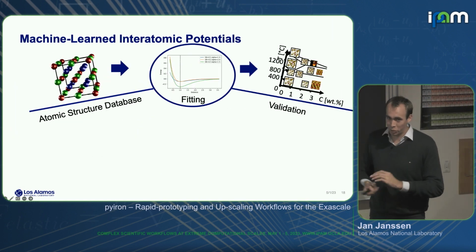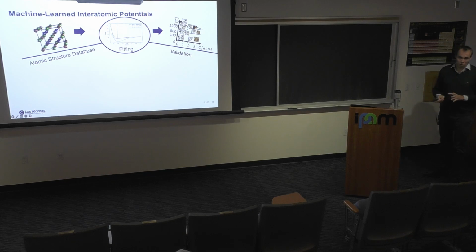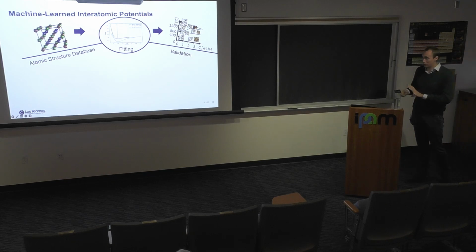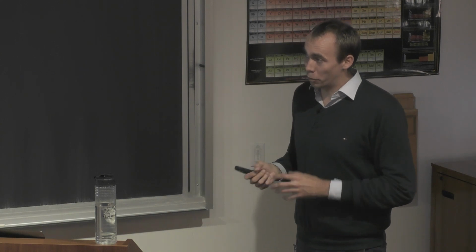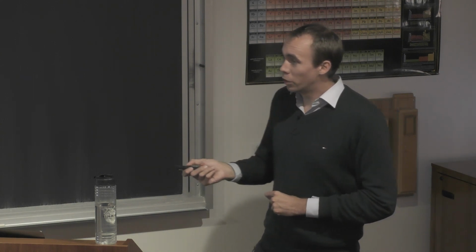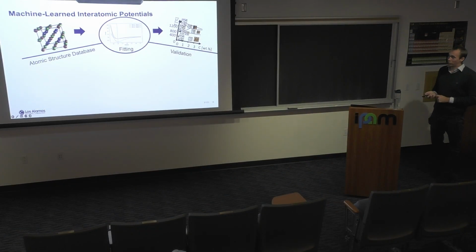Good, and I guess as you heard in the second workshop, the tools that we used are definitely the machine learning potentials, right? So for those of you in the long-term program, I will keep this part very short. The general idea of our machine learning potentials is to go from a database of atomistic structures, do some fitting with a rather complex form, and then we have a validation step.